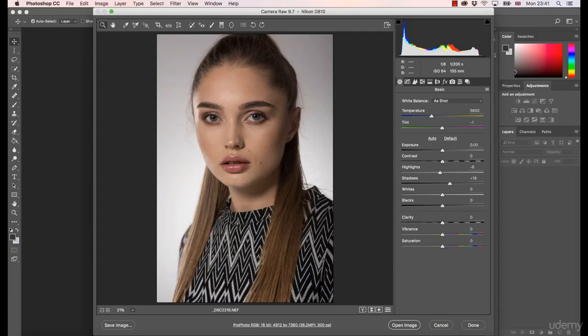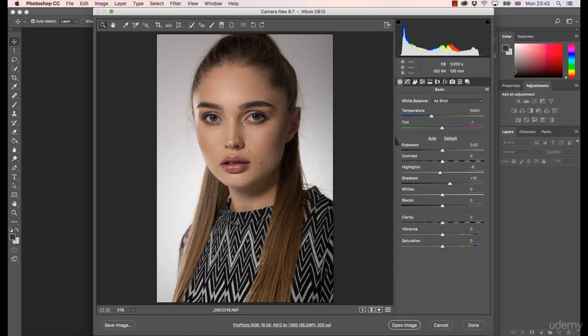It might happen that you will not be truly happy about the colors on the image. How to resolve that? For example, fix the saturation, work with the colors. I'm not going to do anything more over here in the basic. Of course, you might want to change the temperature or tint, but I rather like to keep the images natural. And the colors is something we work later in Photoshop, so I don't really manipulate. Maybe if a customer or you want the image to have warmer or colder, you can work slightly